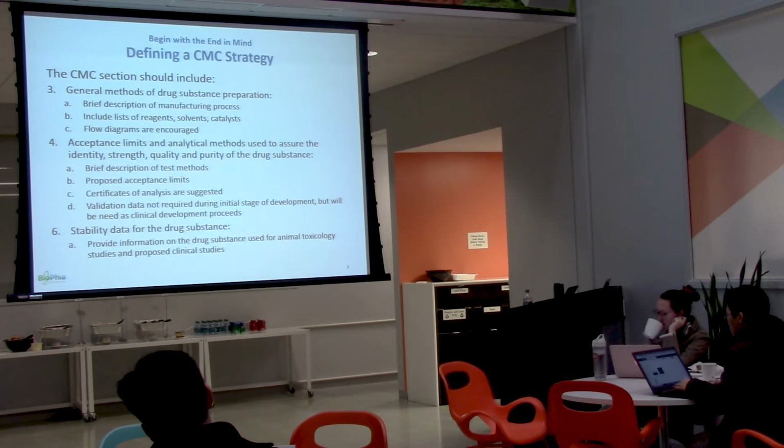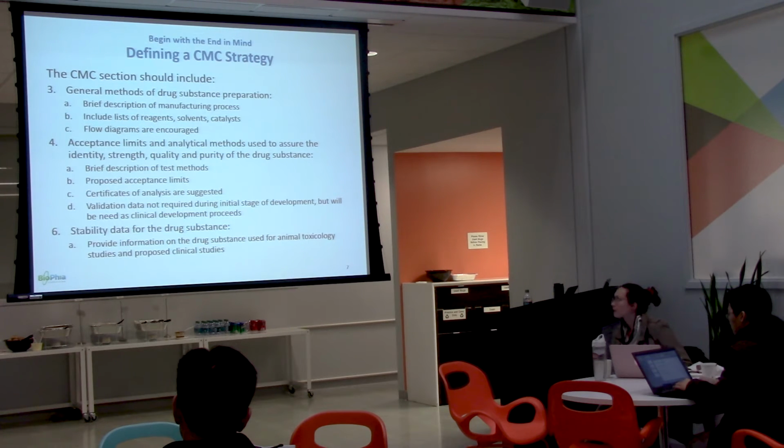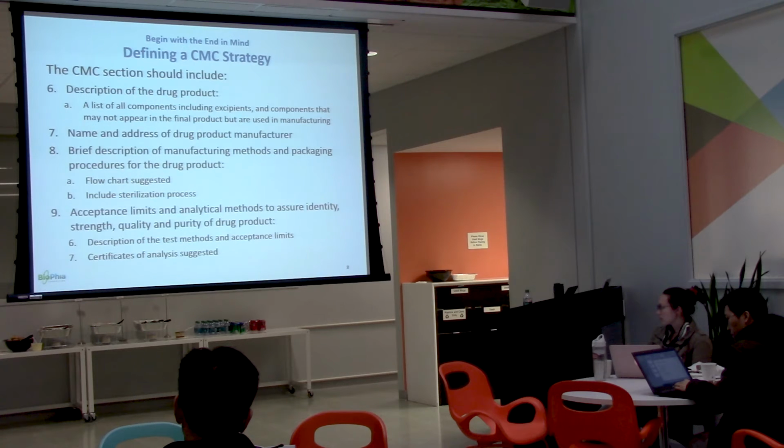And then stability. So you need to provide some information that the drug substance that was used for those toxicology studies and proposed for the human clinical studies is stable over the course of those studies. When we used to do preclinical animal studies at Baxter, the guys would set aside a portion of drug substance stored as the test substance was being stored, and they would go through some analytical procedures up front, and then after the studies were completed to show that there wasn't any change. That's the kind of information you may need to provide. Next slide, then.